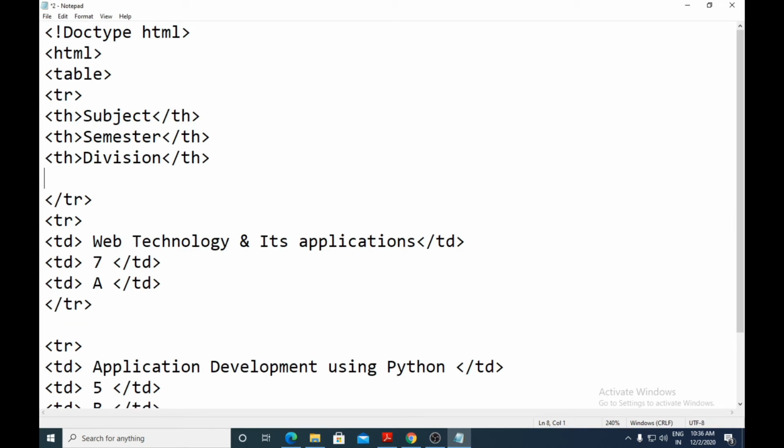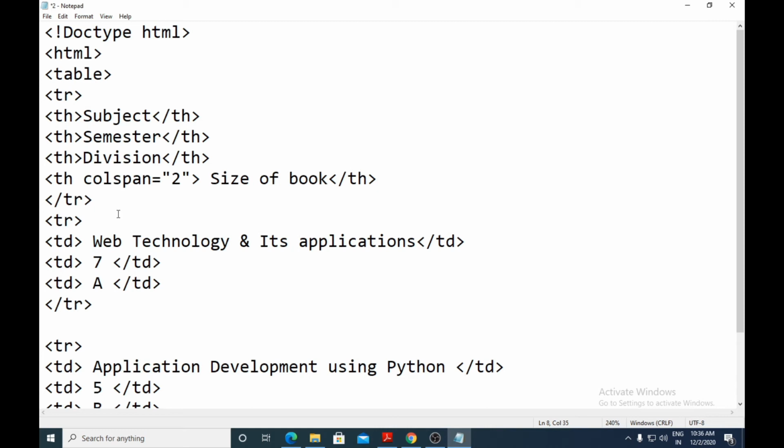So what we'll do here is th, colspan equals 2. That means one heading will cover up two columns. Here I'll write size of book, then slash th.